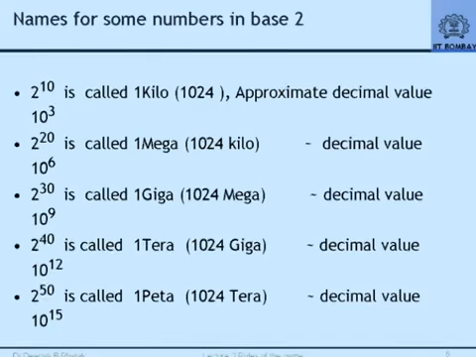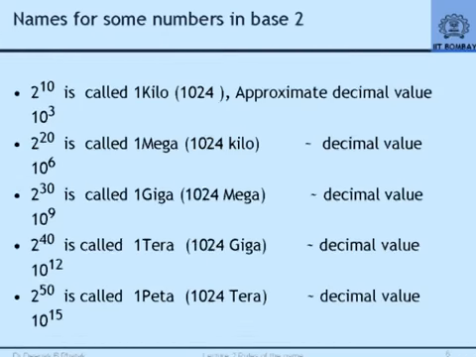But since 2 to the power 10 is very close to 1000, people in the computer world also refer to that as a kilo. So 2 to the power 10 is called a binary kilo if you want. Likewise, just as 10 raised to power 3 is a kilo, what is 10 raised to power 6? 1000? We have an English word for that, it's called a million. That million is called mega. These are Greek terms. So the closest equivalent is 2 to the power 20.